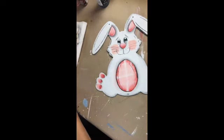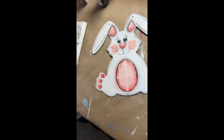And we can add eyelashes. I think adding eyelashes kind of turns them into a girl rabbit. But, oh,